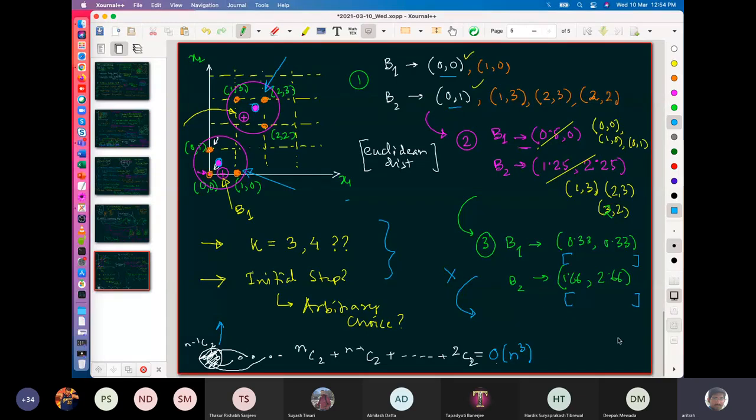I leave it. I hope you got the algorithm. Just try to figure out the complexity in the worst case. In the worst case, all points belong to one cluster initially. That's the worst case. Okay. So experimentally, it has been shown that due to the randomness in the initial part, the number of iterations usually